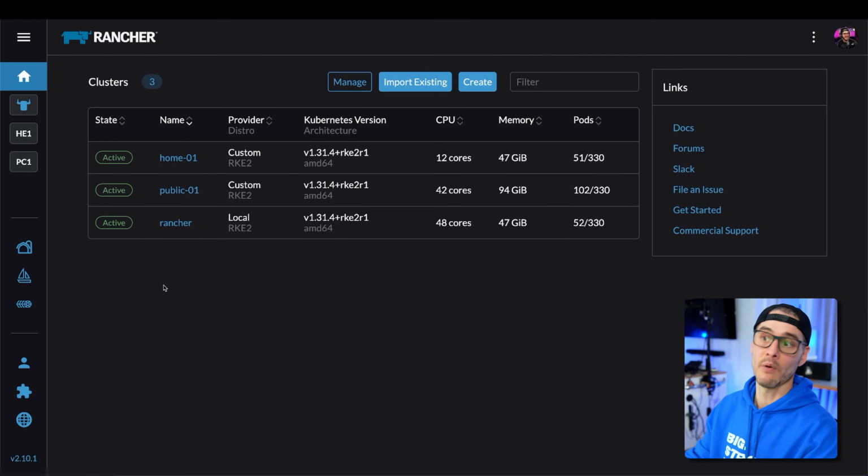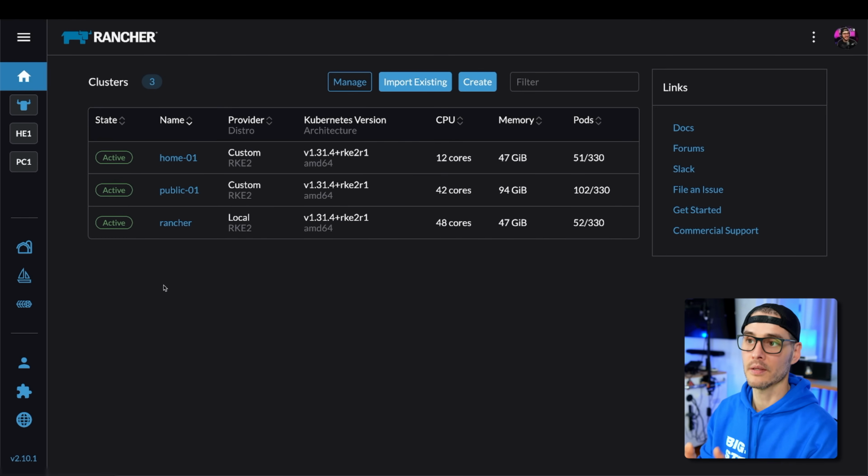But I'm a huge fan of Rancher. Even if I had a cluster of 1, I probably would install Rancher on it just because I get so many features from it and I get so much visibility from it. And it's so accessible through a website. Now, I know a lot of people are going to say it uses a lot of resources. Yeah, but I get a lot of use out of those resources. I get a lot of value out of installing it and managing clusters. And now I'm managing 3 clusters. Pretty soon it'll be 4 clusters.